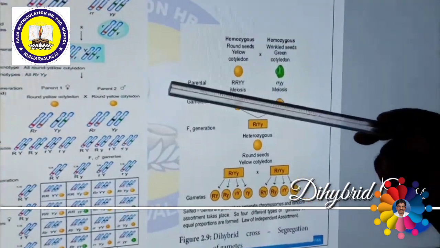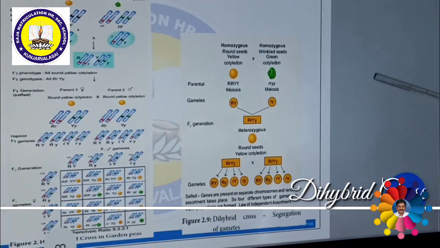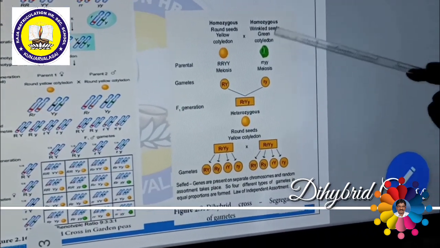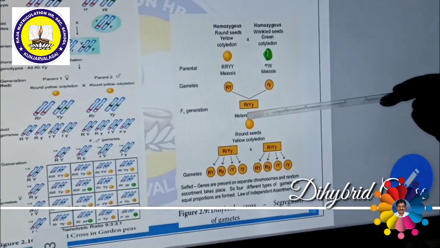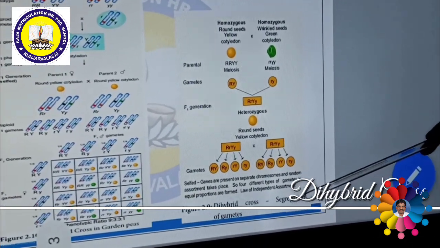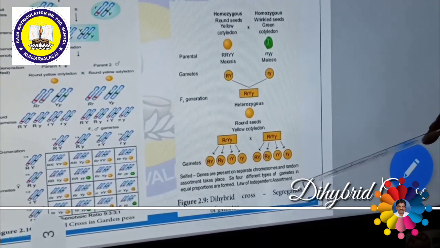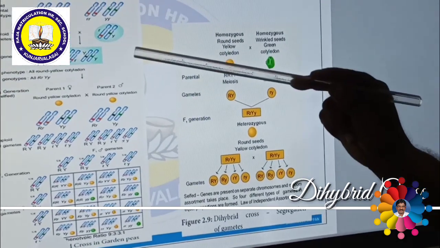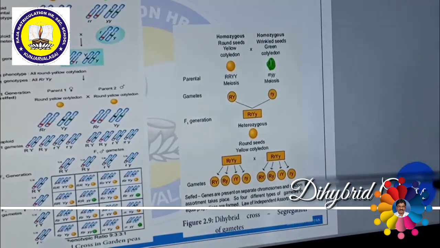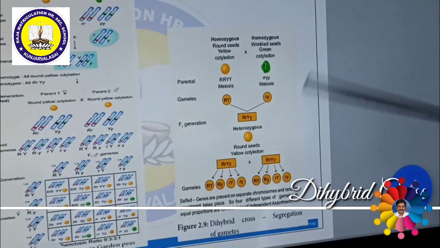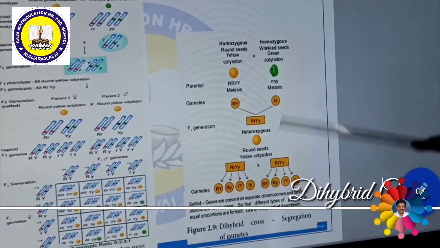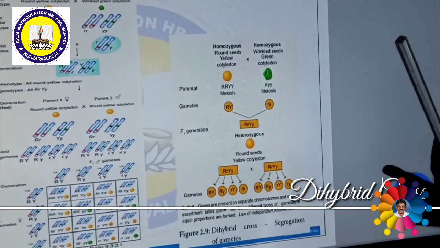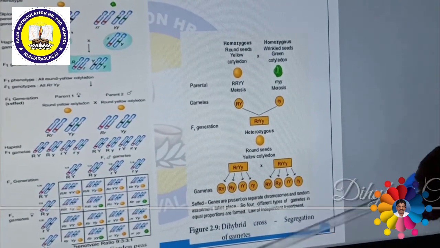So previously you might have studied the law of segregation. The law of segregation is the separation of alleles of a single gene. But here, in the law of independent assortment, it is the relationship between various genes. In the previous one, alleles of the same gene, but here the relationship between different genes. So these are the 3 laws: law of dominance, law of independent assortment, law of segregation. These are three laws.